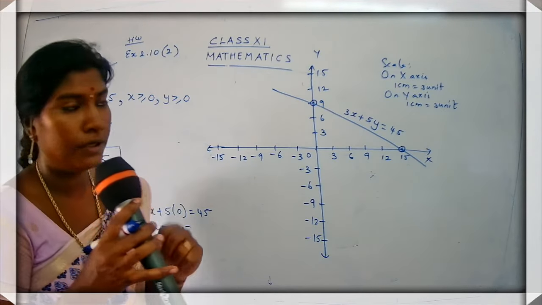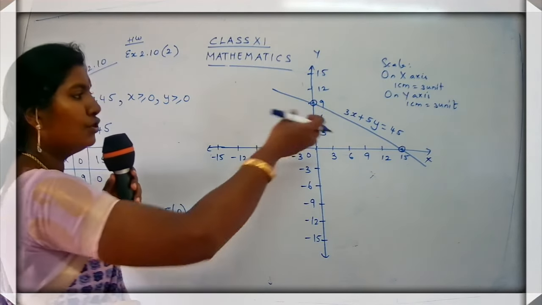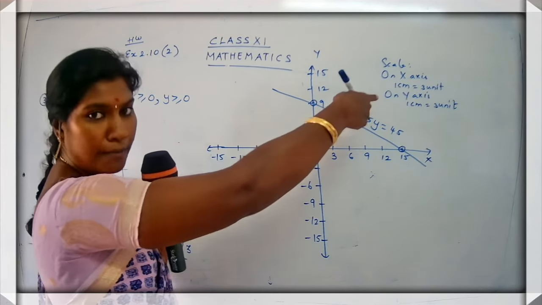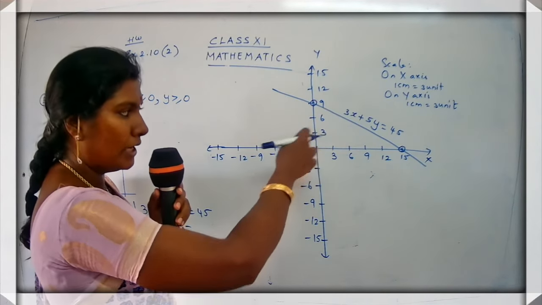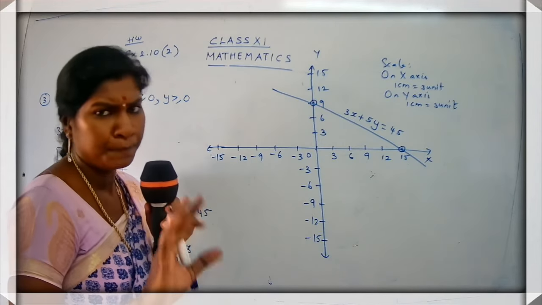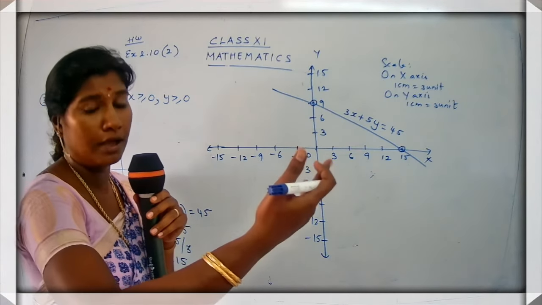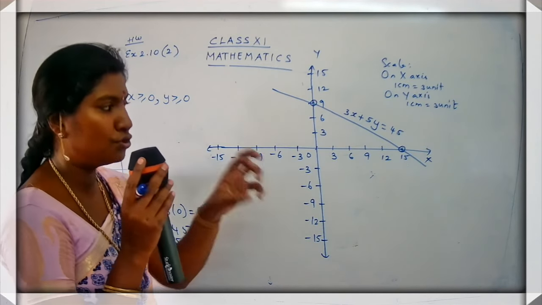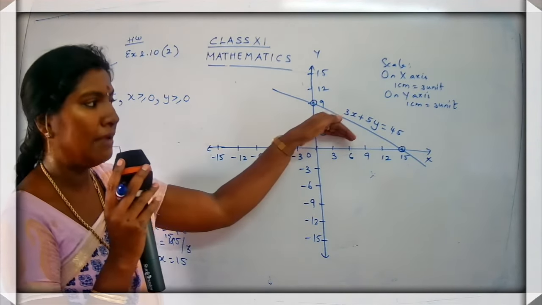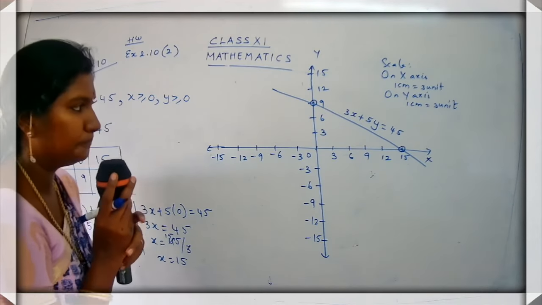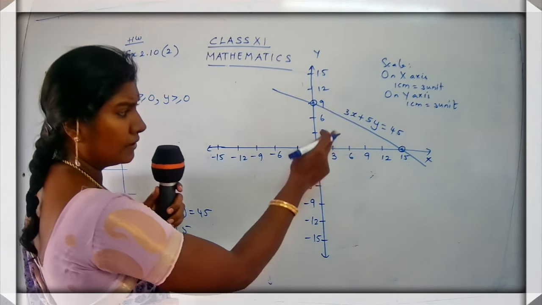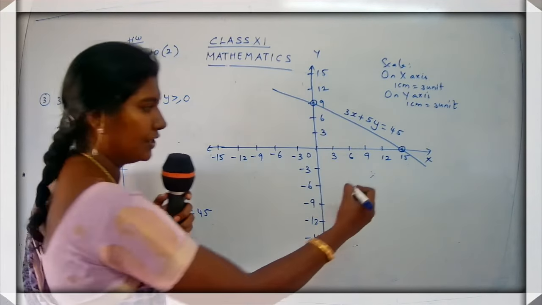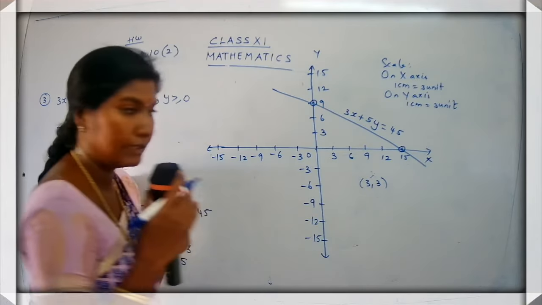So how to find out? You are going to choose a coordinate below this line and also a coordinate above it. If you choose a coordinate below it and it is satisfied, you can stop there. No need to try for the above part. Are you getting my point, children? Okay. So I am going to choose a coordinate which is lying below the graph. Come on, tell me a point. Can I take 3, 3? Now 3, 3 is lying below this line. Okay. So I am going to choose the coordinate 3, 3.